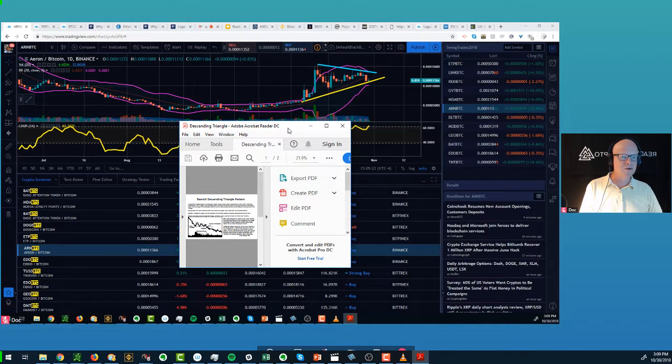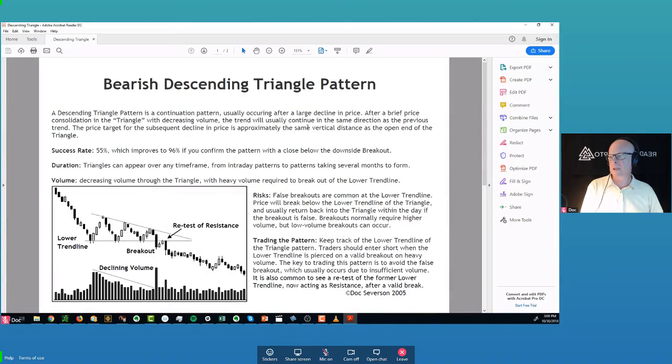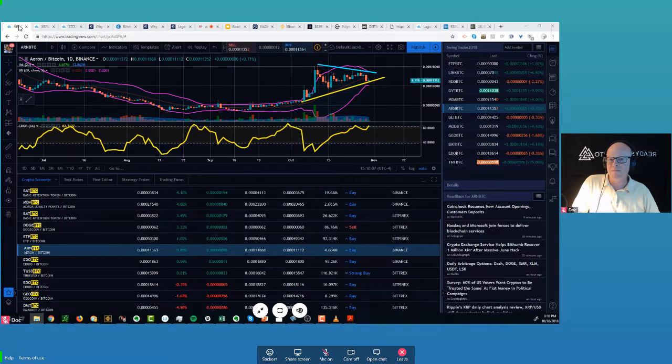Okay, I think this is the screen that I'm on. Bearish descending triangle pattern. Success rate is 55%, which improves to 96% if you confirm the pattern with a close below the downside breakout. These numbers come from Thomas Bulkowski. I got it straight out of his book some years ago, but they don't really change all that much. So right now I'd be looking at about 55%, which is slightly better than even odds. So again, what I would love to see,